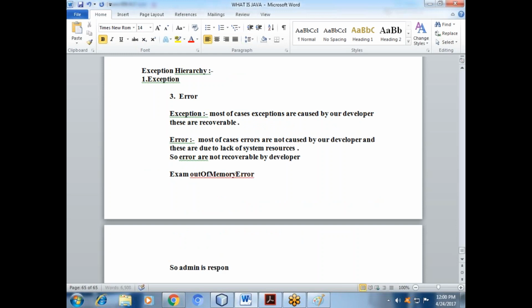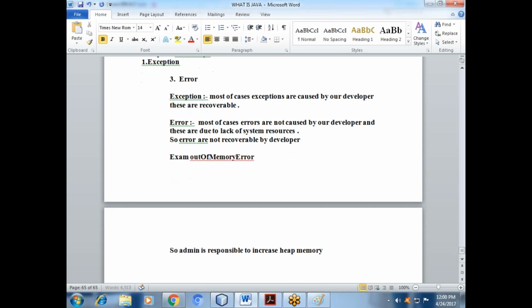Admin is responsible to increase heap memory. That's all.